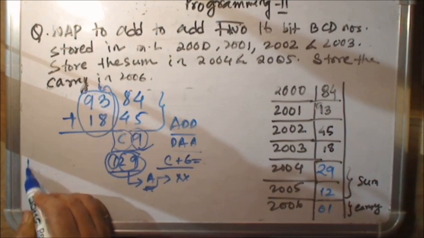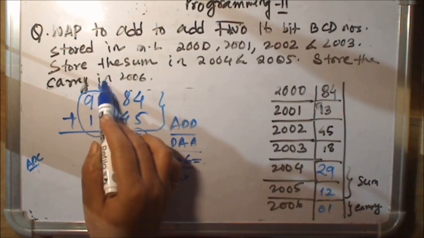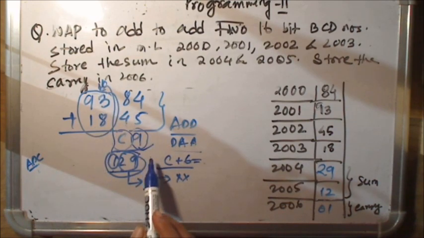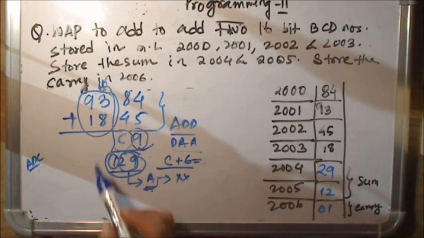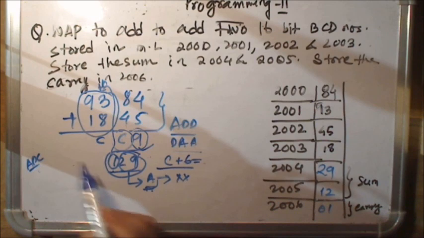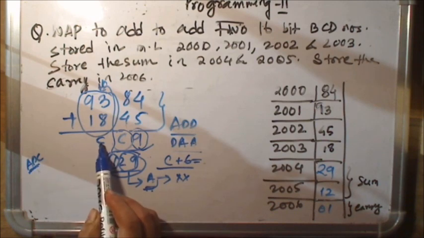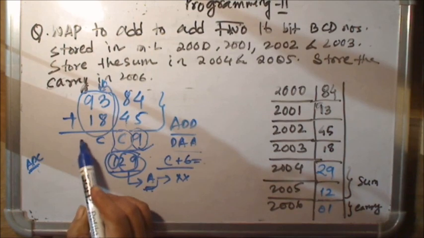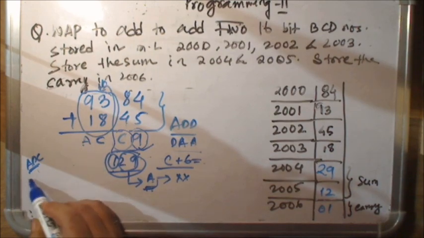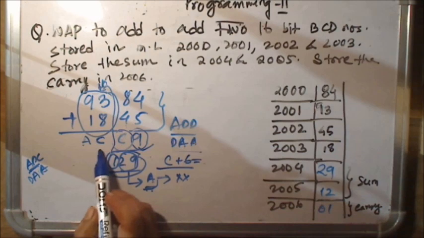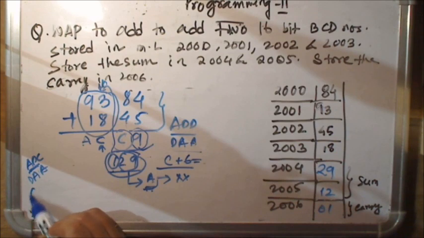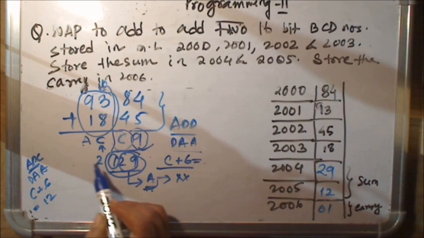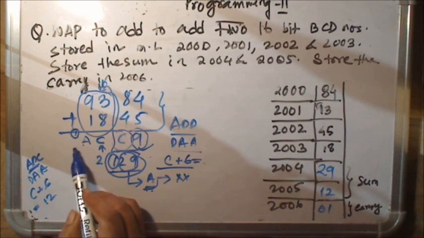Now during higher byte addition we will use ADC, because you have to add the carry also that was generated during the lower byte addition. Now 8 plus 3 plus 1 is 12, that is C. Okay, after you do ADC it will give you a result in hexadecimal, so C. Then 9 plus 1 is 10, that is A. Then again you perform DAA. So what will happen? It will check again the lower nibble of the higher byte result. So it will perform C plus 6. C plus 6 is 12, that is 2, and 1 is carried over as carry.